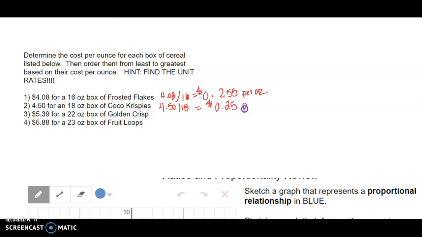So 25 cents per ounce. Then we've got number 3, the Golden Crisps. We've got $5.39 for 22 ounces. So $5.39 divided by 22 is 0.245